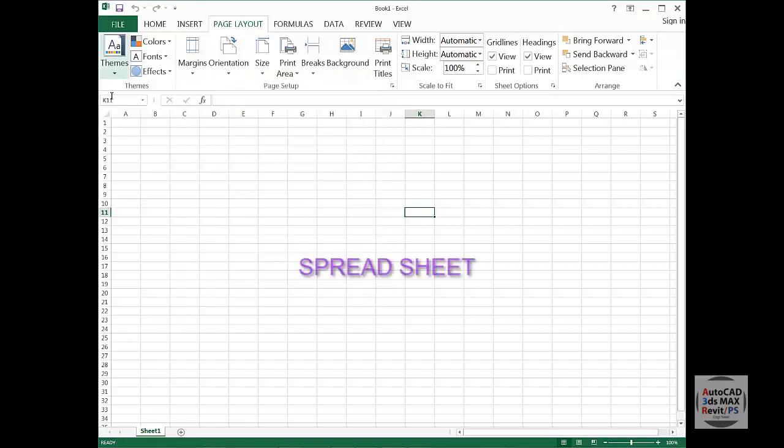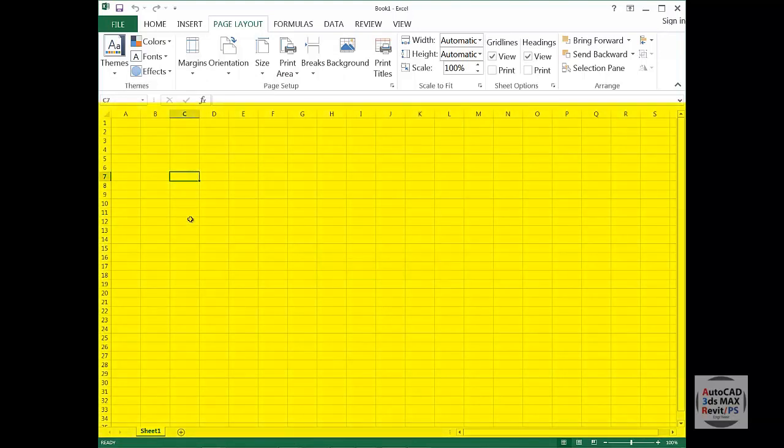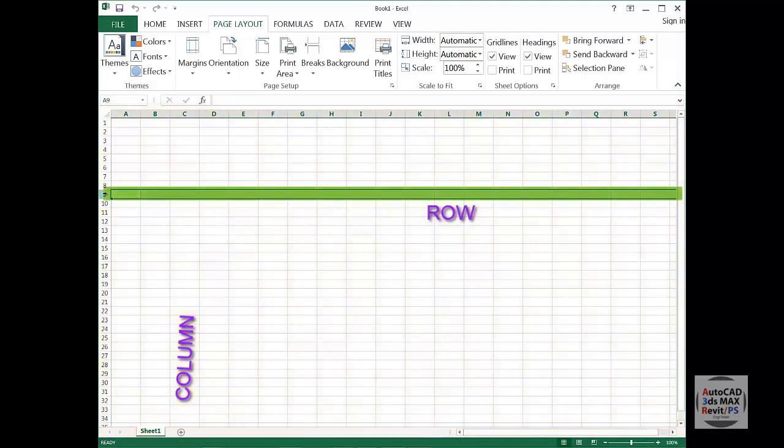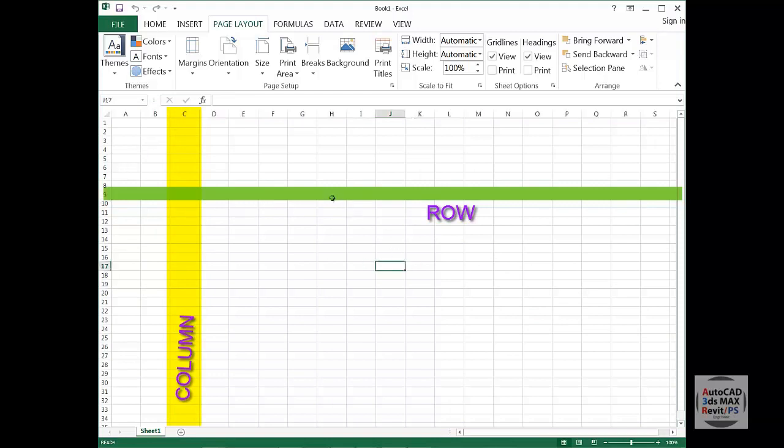Other than this, you have a spreadsheet. Now what is basically a spreadsheet? A spreadsheet is a combination of columns and rows. Every column and every row meet at one intersection, which is called a cell.